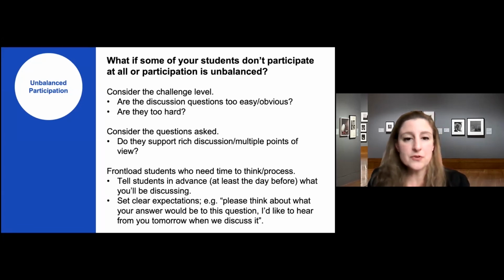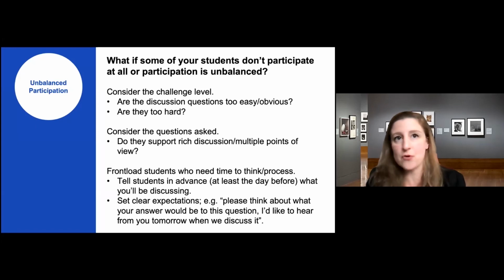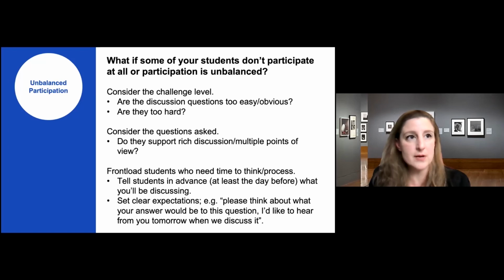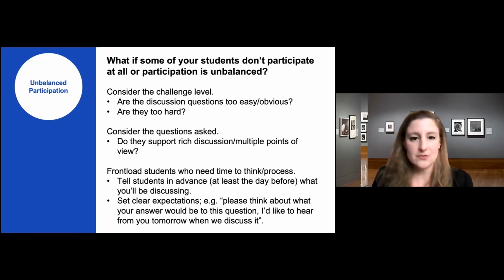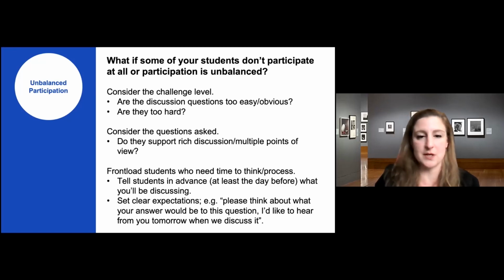The other thing you can do is for some students who are not immediate processing type students, right? Some people need time to think about what they want to say or what they think about things. You can support those students by front loading what you're going to be doing. For example, you could tell those students, or I think it's actually helpful to do this with all students, the day before, we're going to be talking about this image. Take it home and look at it and see what you think. Tomorrow, when we are discussing it, I hope that you'll share one thing that you noticed, or you'll share one question you have about it. So prime them to be able to participate the next day.